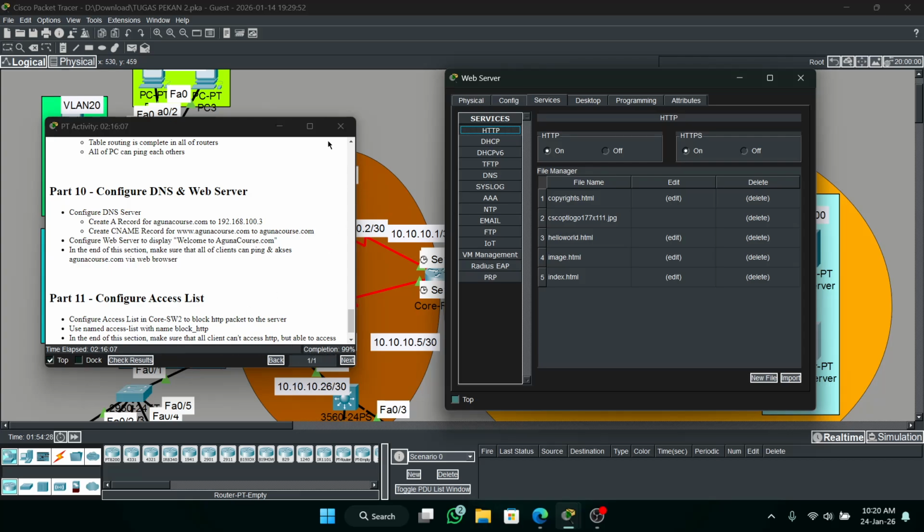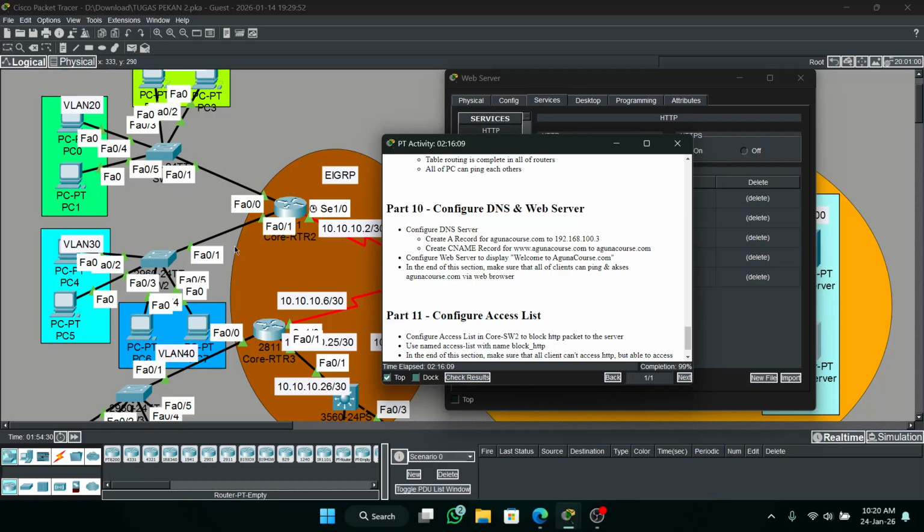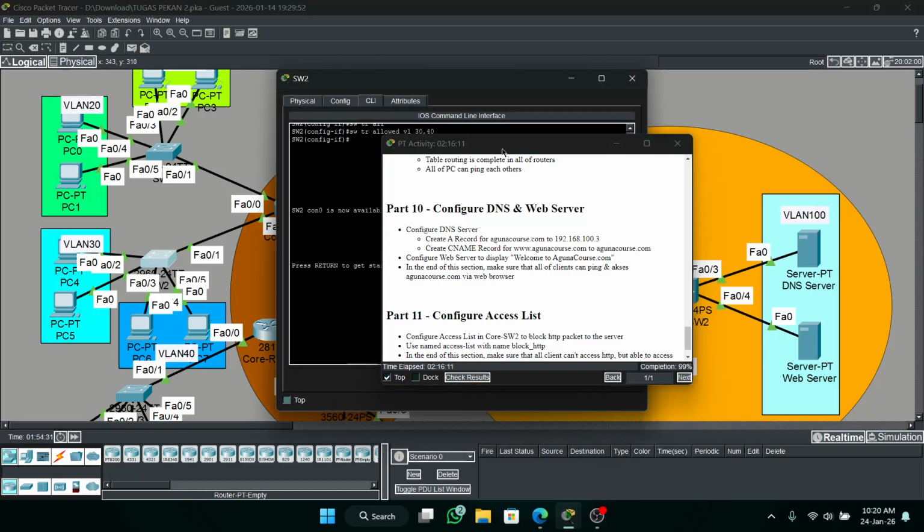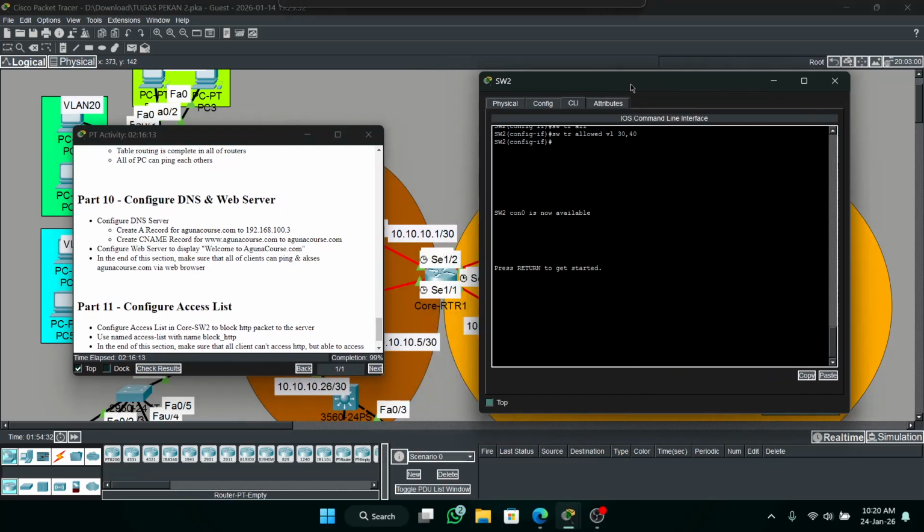Activity is 99%. Go to switch 2 to configure the access list. Okay. Configure terminal. Oh no, Cisco. Configure terminal.